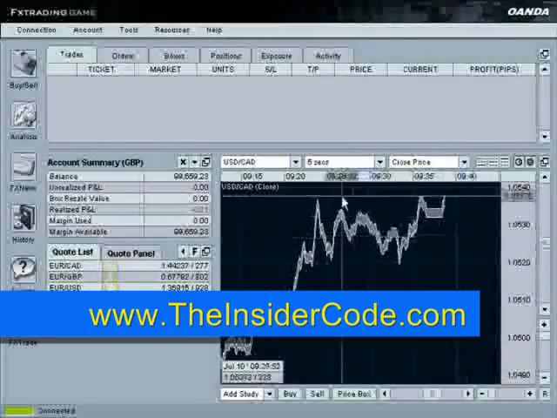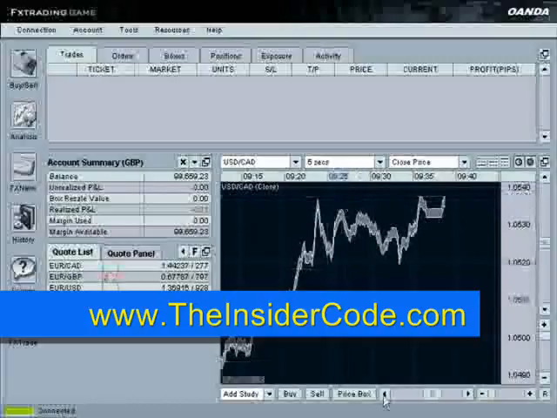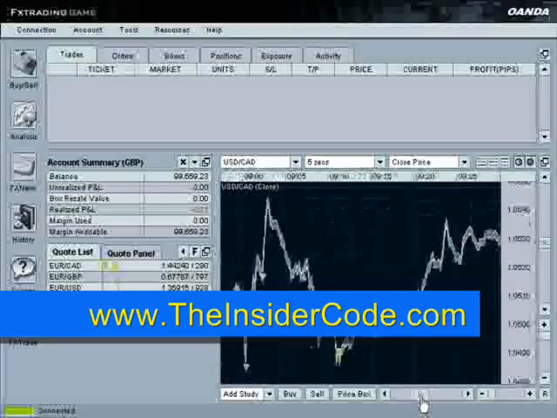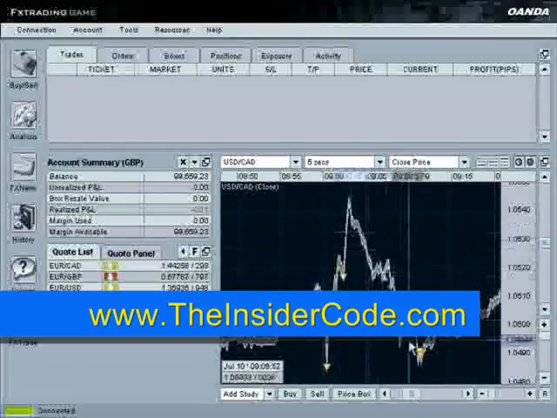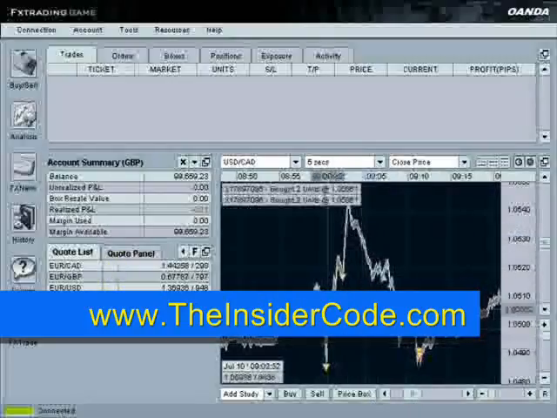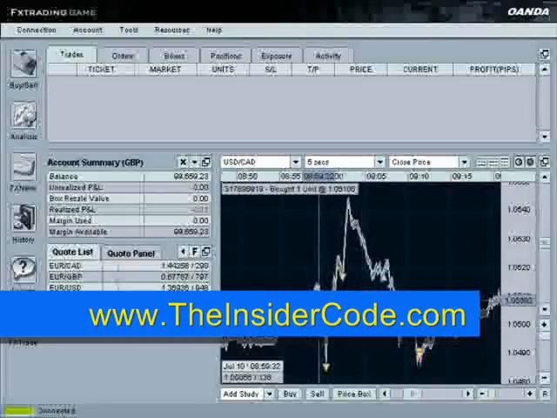So let's talk about actually entering in a position, and this is something that I ran into. I was trading the Canadian announcement this morning, and you can see I've got all these arrows on my chart. And what happened was I was initially buying over here,